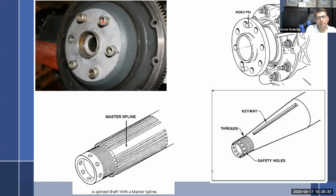Usually there's a master one that has a fat lip around it, it's fatter than all the other ones. And you have to reference the service bolt to make sure you have the fat one there. What happens when you don't, well,